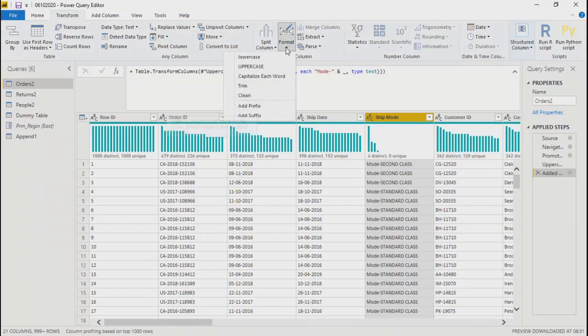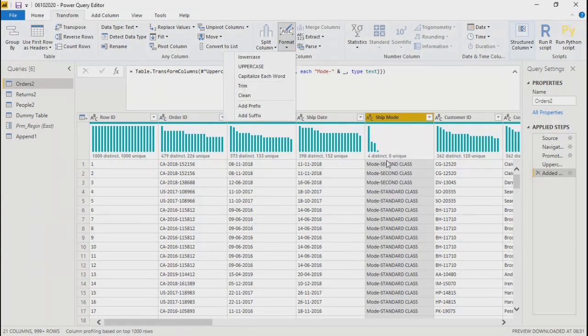All of these are the same as Excel. Trim will remove trailing spaces, or spaces in the beginning. Clean will remove special characters, or I would say non-printable characters. Sometimes in text there are some non-printable characters, and it will remove those characters from your data.